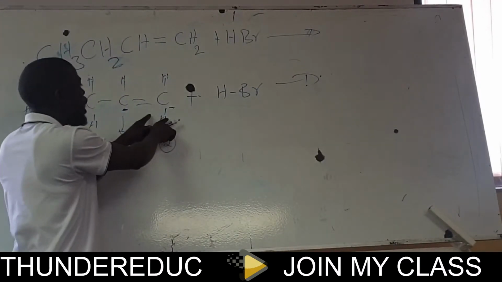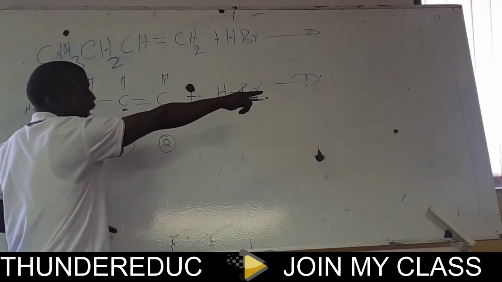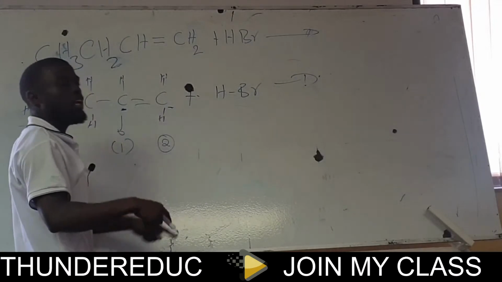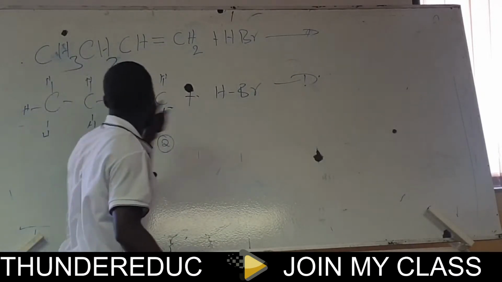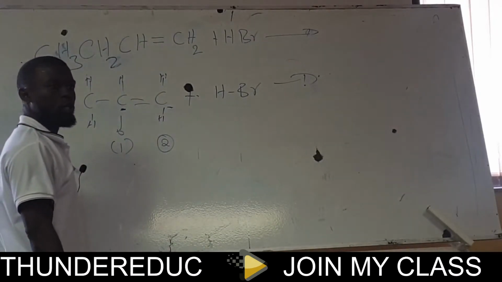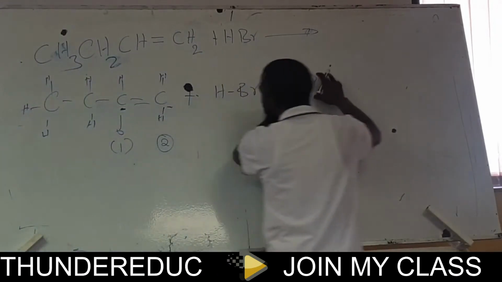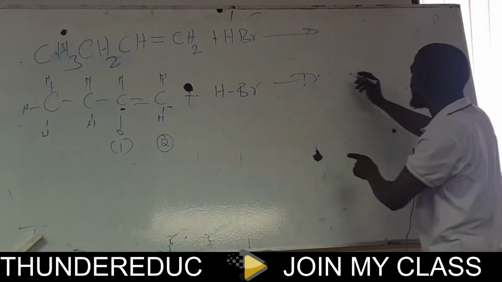So when I'm writing the equation, this one is going to obtain the third hydrogen, while the bromine is going to go to the one which has fewer hydrogens. Therefore, when the reaction completes, you're going to have